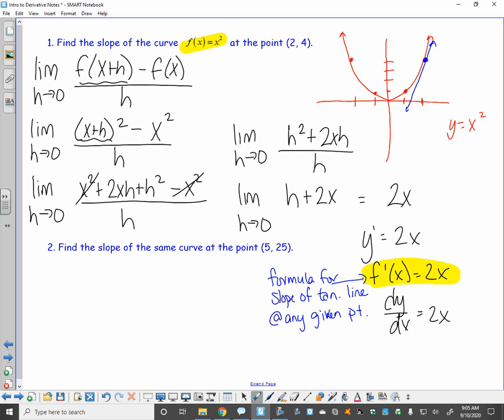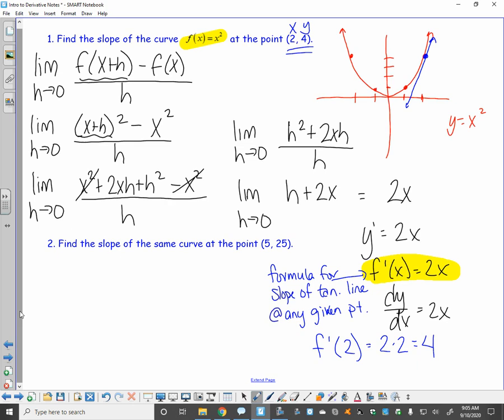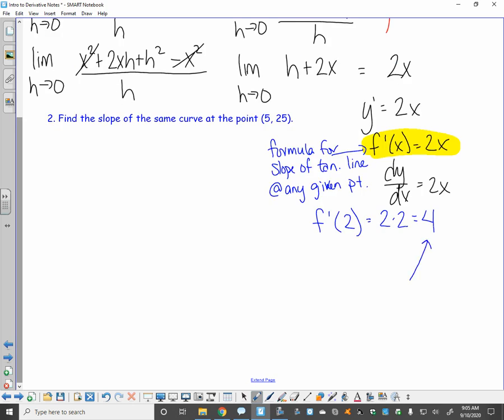Okay? So now I can use that equation, which finds the slope of the tangent line at any given point. Oh, we're going to say that 1,000 times. The derivative is the slope of the tangent line at any given point. Well, I have that, but they're asking about a very, very specific point at 2, 4. Okay, so f prime of 2, because that's my x value, is going to equal 2 times 2, which is 4. So 4